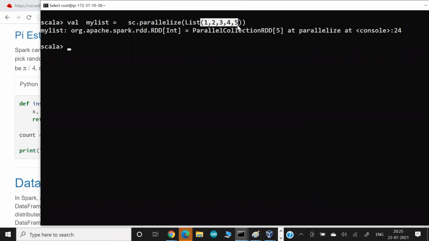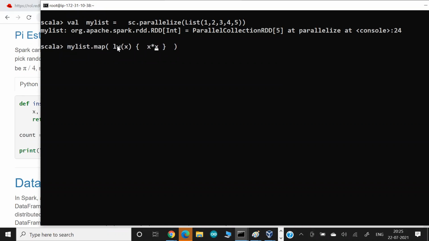Now what do you want to do on this data? I want to make it square. So I'll say my list, I want to do some operation. As you know, guys, whenever you want to transform any data, this is normally known as map. So I want to do some map operation. What will happen? First data from this list goes to map. I will store this data in the X variable. Again, you can think X is one argument of a function. You can think it is a function here. And inside the function, we have a block of code, and what I want to do with X is square it.